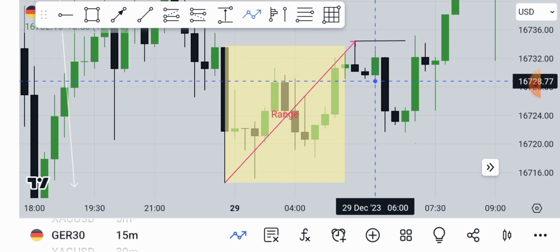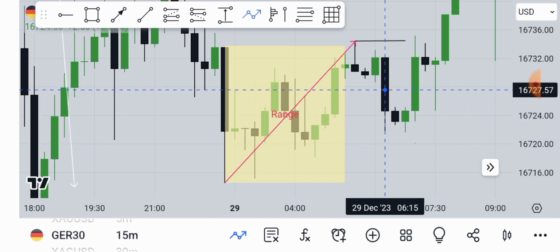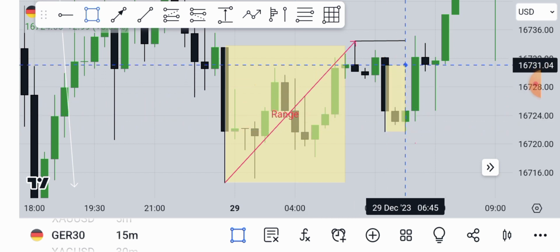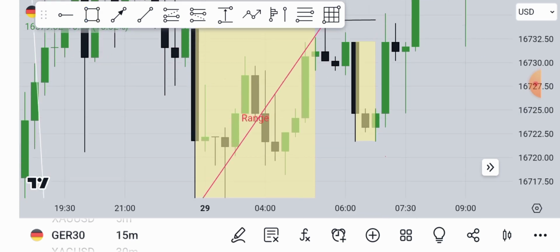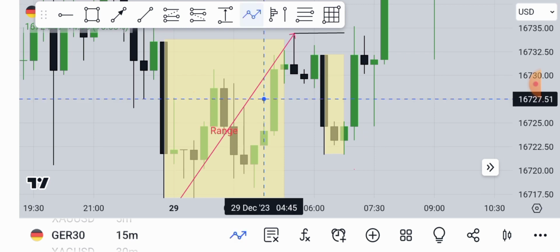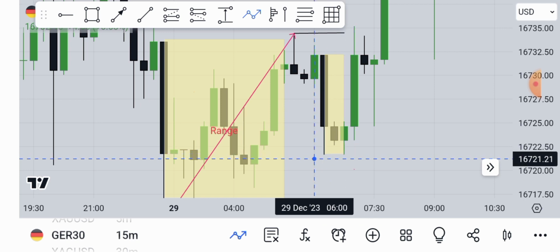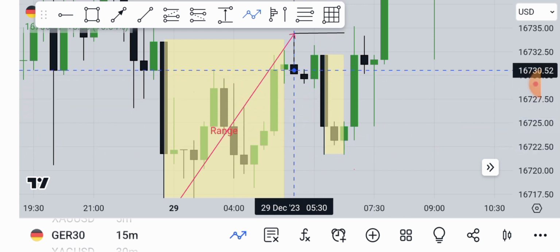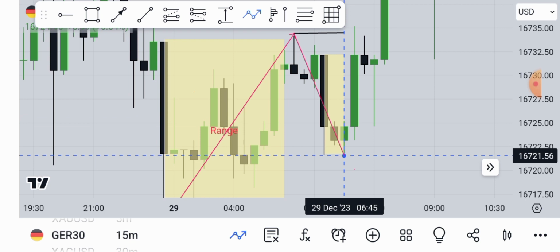So everything within this area is still in the range, you see. The low of this candle was taken out by this bearish candle, and then also this candle is inside this one, confirming our range. So we have a range between these two candles. Yeah, these three candles, we have the range because this low is equal to this low, so we have equal low. So between these three candles we have a range, so we're confirming our low there, as you can see, because